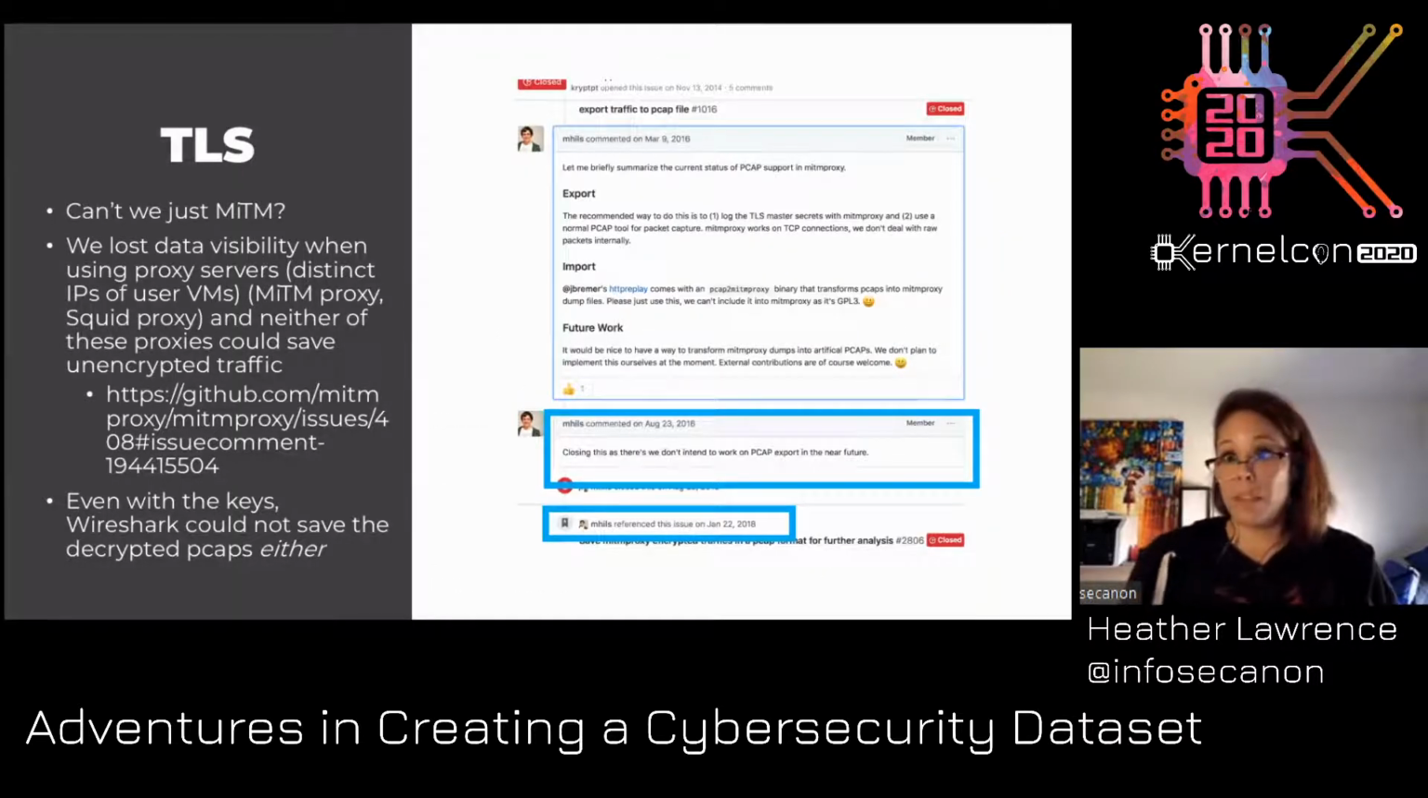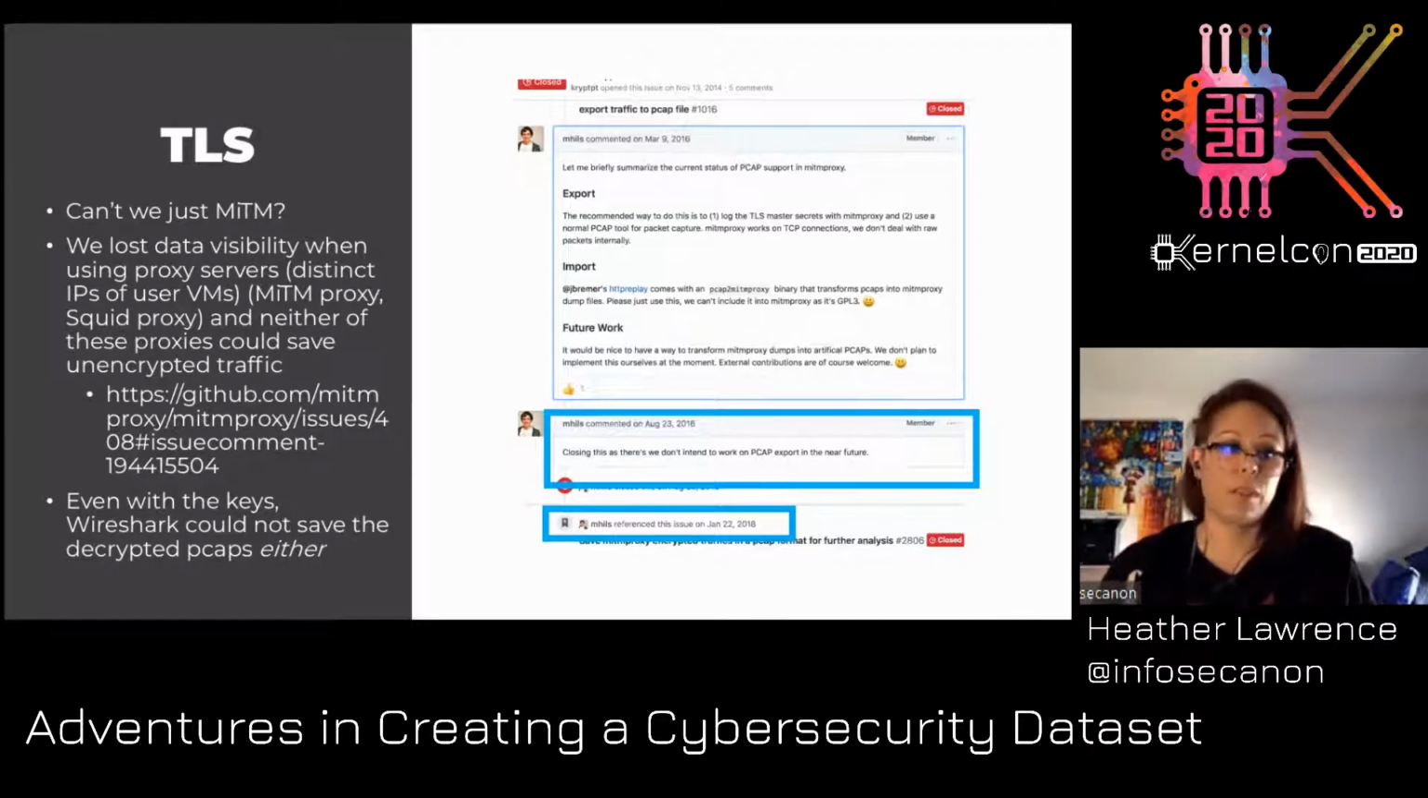Can't we just use man in the middle, right? Well, the problem with man in the middle is that we lost data visibility. So you'd have to run one man in the middle proxy, Squid proxy, per user VM. And if you understand the resources that go into using a proxy server, it was honestly more than we had available to us. And then even if we did use a man in the middle proxy, here you see a comment